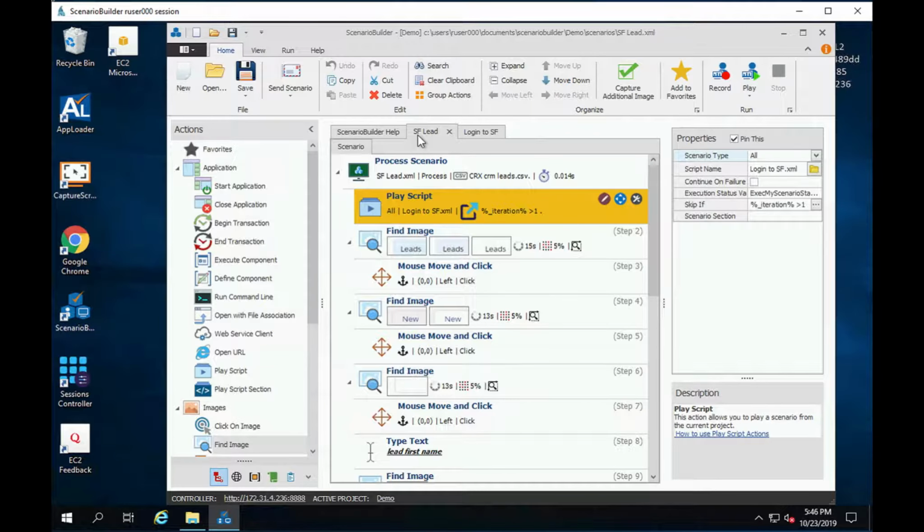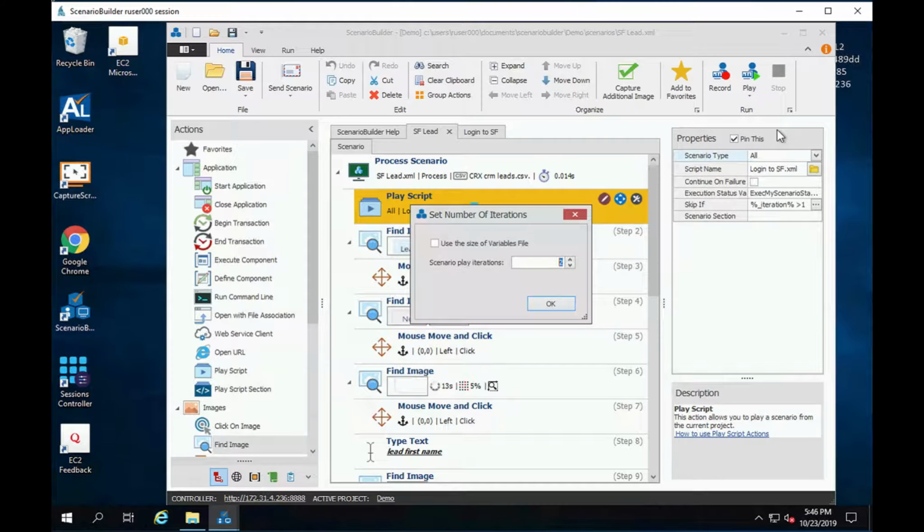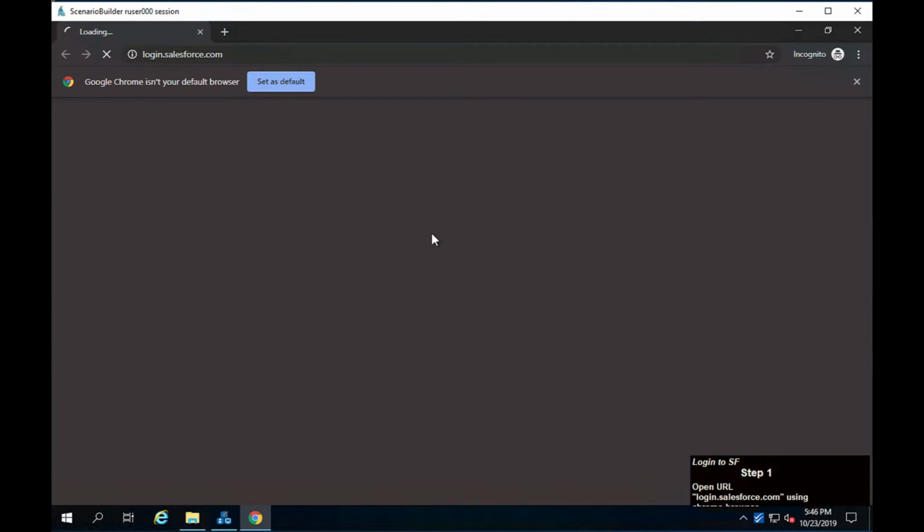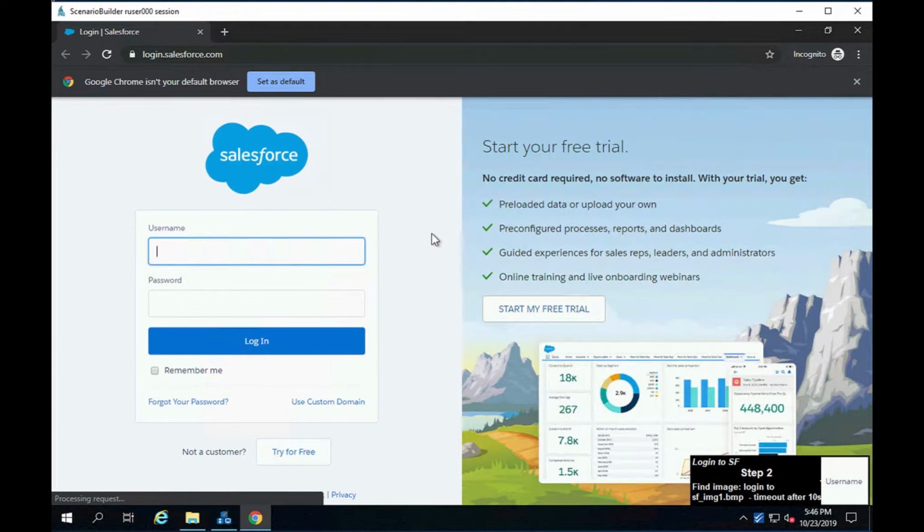Now that we saved our scripts, we will play them back. We recommend that we play back the scripts multiple iterations in Scenario Builder. That way, the 3 iterations, that's what we recommend. That way you can see that the login script and logout are executed only in the beginning and at